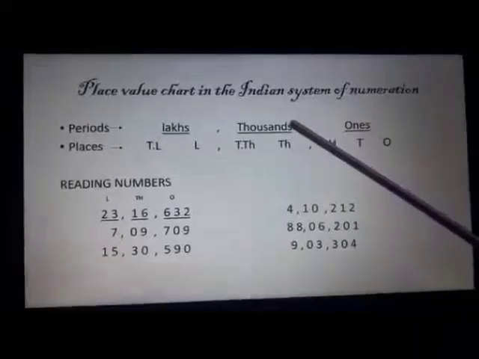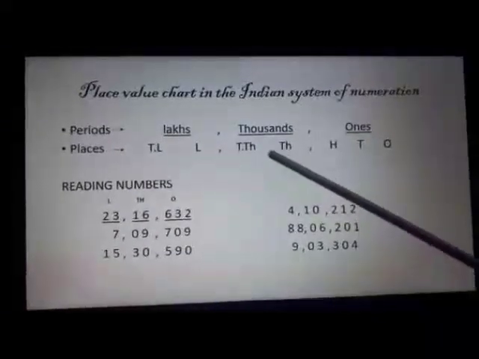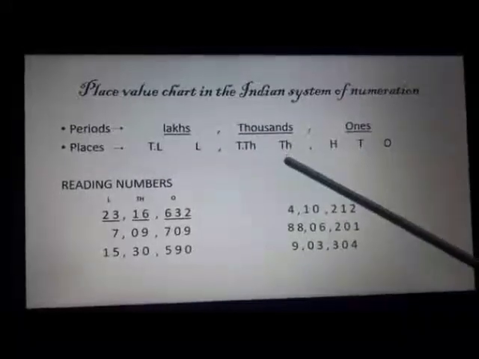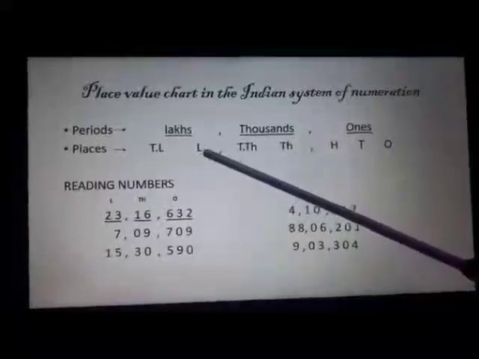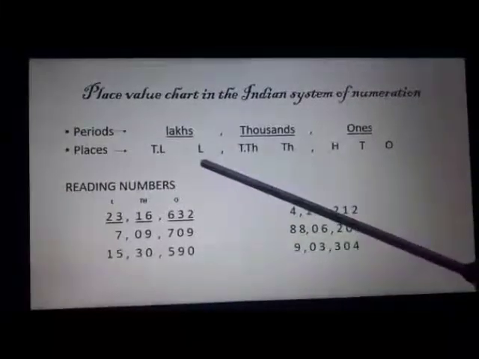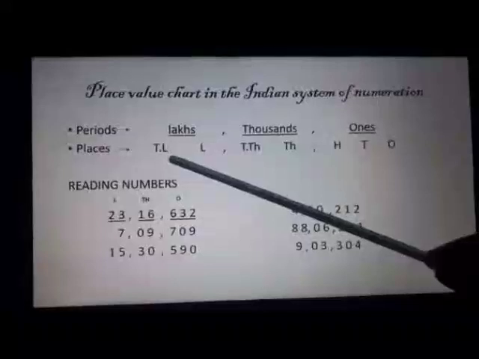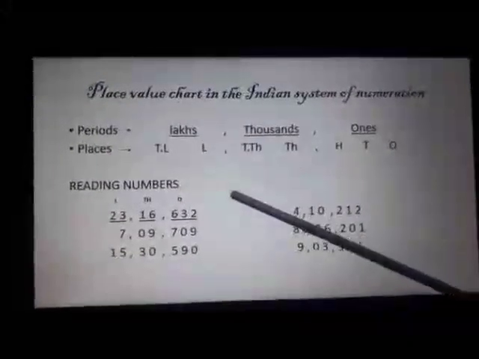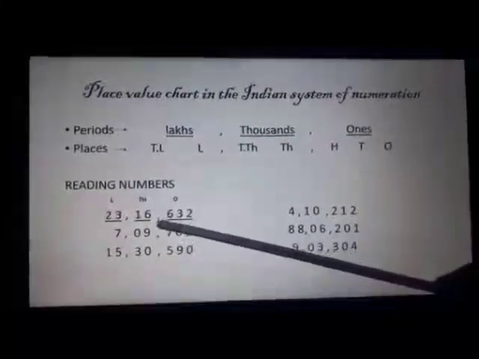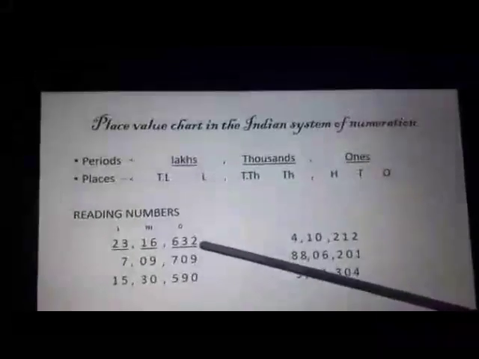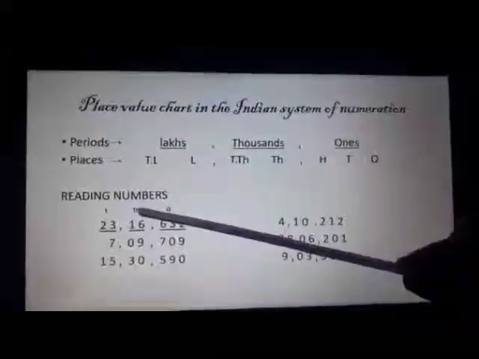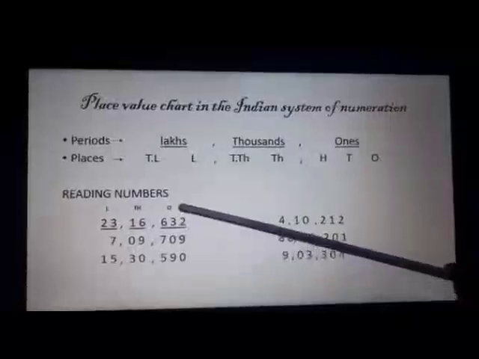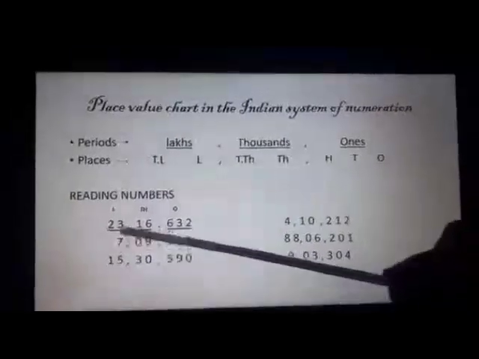In the thousands period, we have two places, that is 1,000 and 10,000. Again, in the lakhs period, we have two places, lakh and 10 lakh. Now let us see how we are going to read the numbers. See children, I have just underlined 23 lakh 16,632, 7 lakh